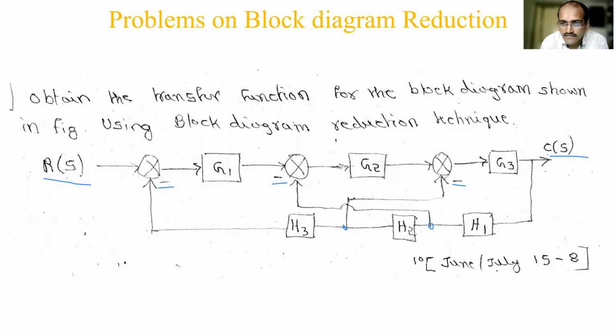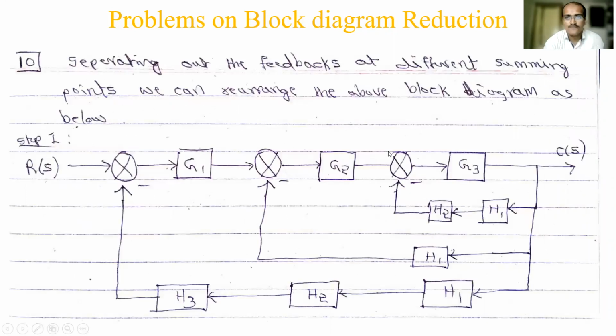So what I will do: for this signal point, H1 and H2 I will connect. And for this signal point, I will connect only H1. I will separate out. And for this signal point, H1, H2, H3, all three I will make. We'll see how I am going to do it. It is very simple. By doing this, there is no problem to the question. It is not there in any rule, so you have to look at it.